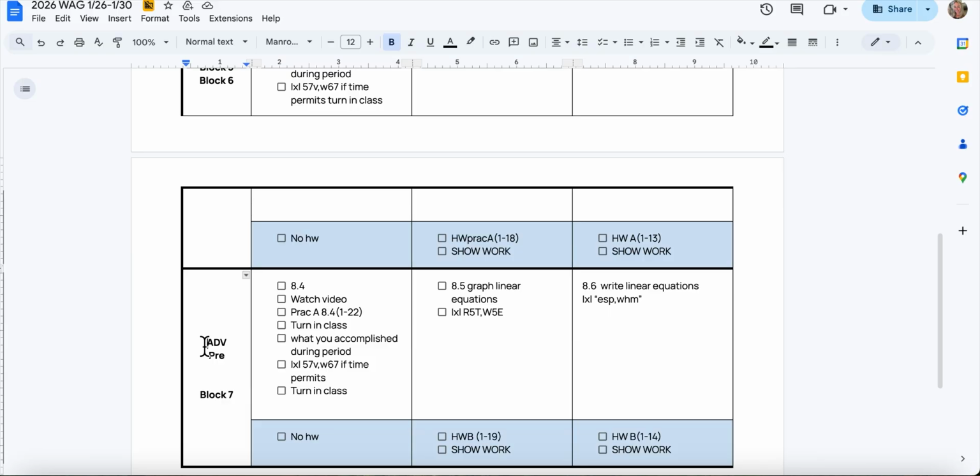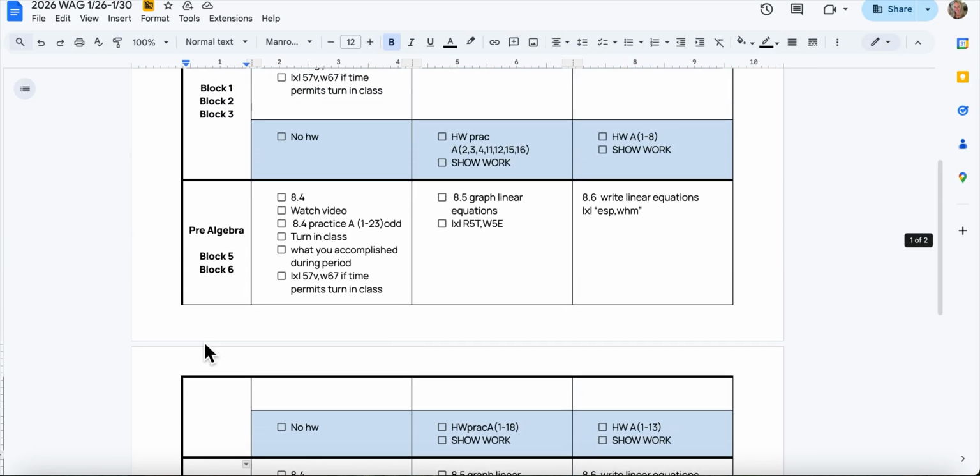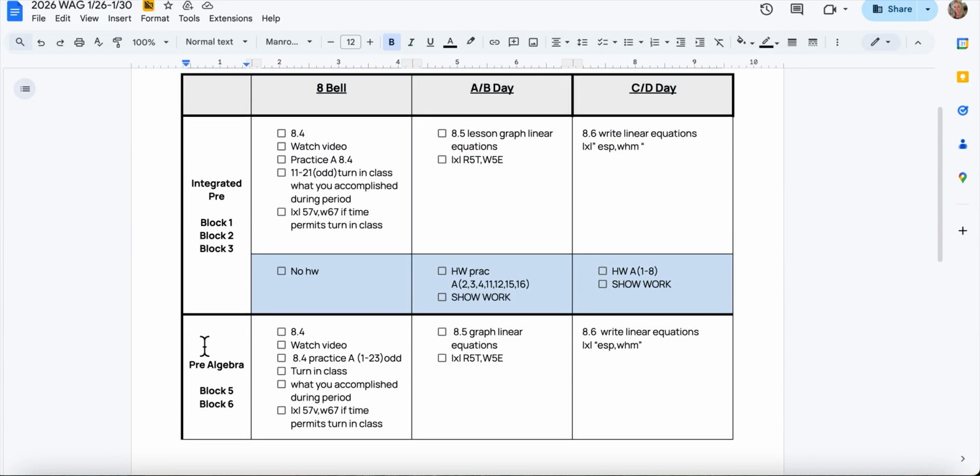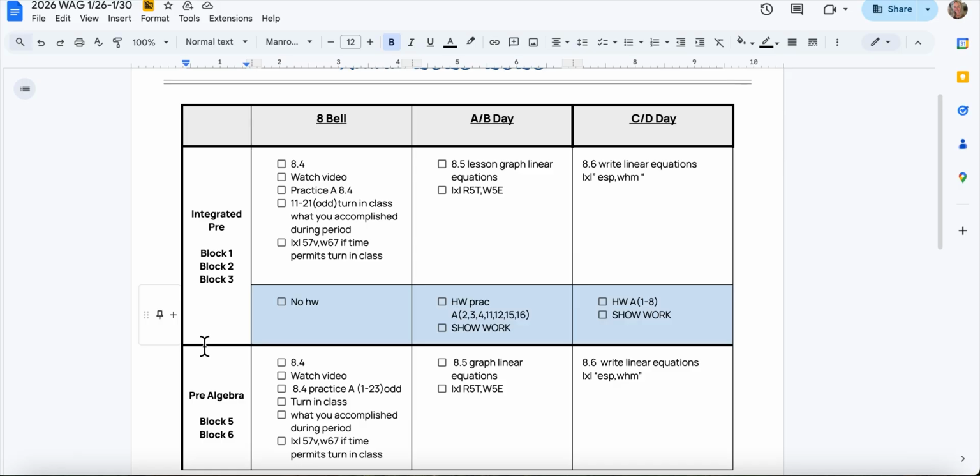So if your student does have a Week at a Glance link, the first thing you want to do is find the class that they are enrolled in. From there, we can look at the days. So this teacher has this set up for an 8-bell, typically Monday, an AB day, Tuesday, Wednesday typically, and CD day, typically Thursday, Friday. So if I am in integrated pre-algebra, I can tell that this right here in the